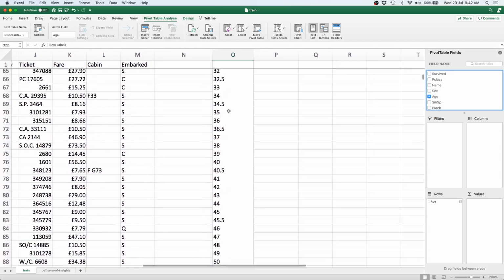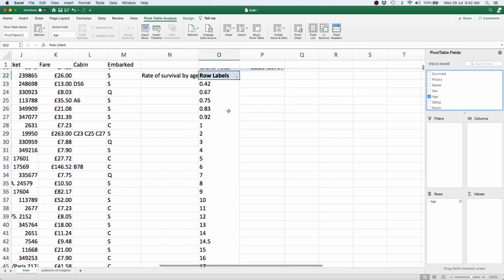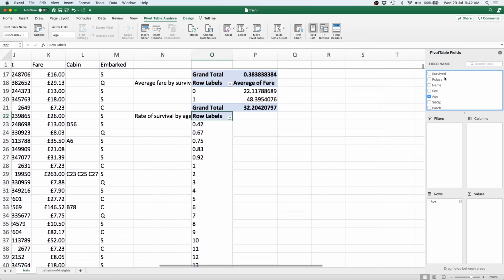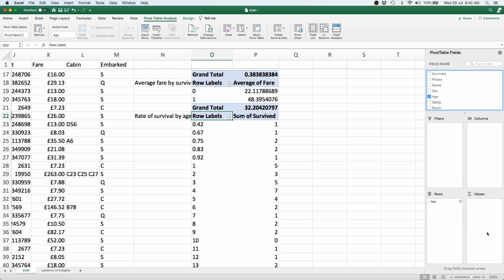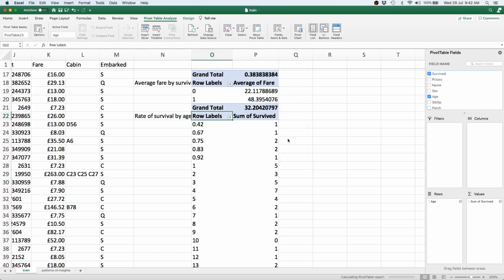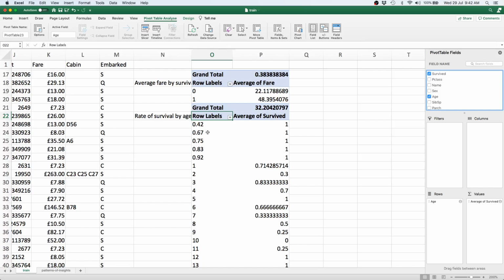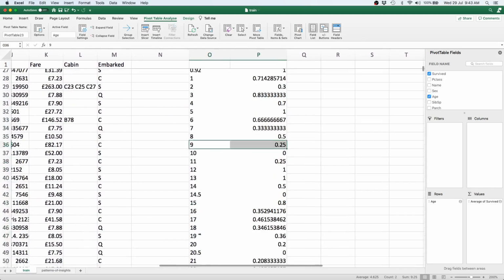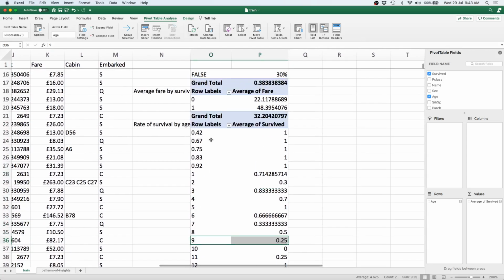We see that it's a fairly large list. We might want to group it down, but let's see what happens. And again, as usual in the values, let's drag the survived column. Here again, it's the sum of survived. Instead of that, let's do the average of survived. So there it is. Now you see that we have ages which are 0.42, 0.67, 1, 2, 3, 4, 9. Basically all integer ages are there. There are also floating point ages in between.